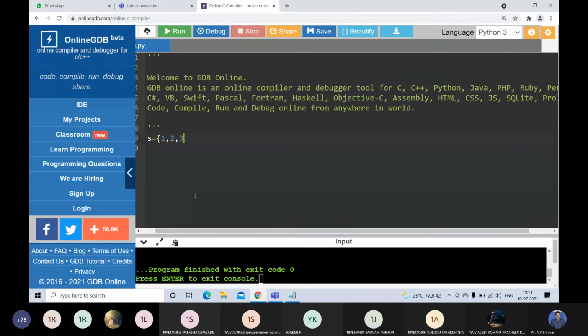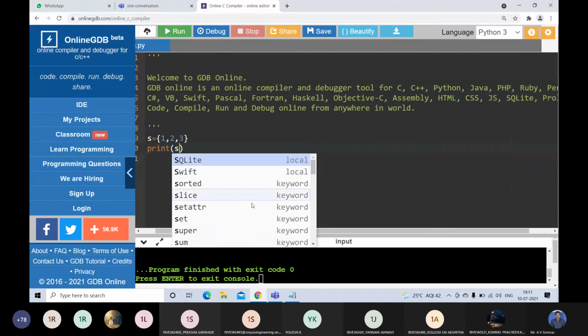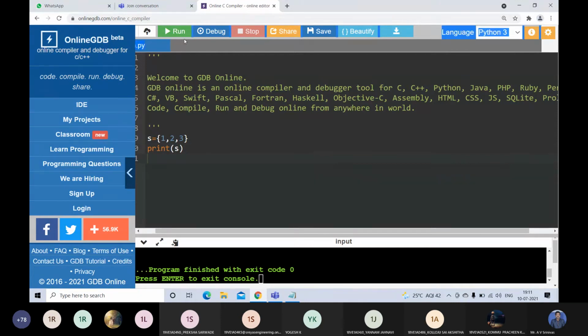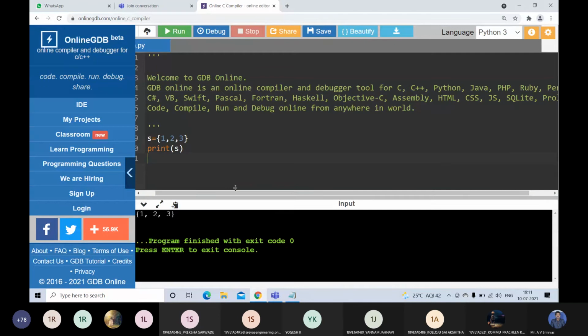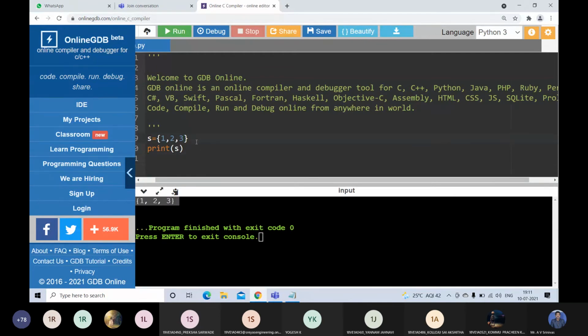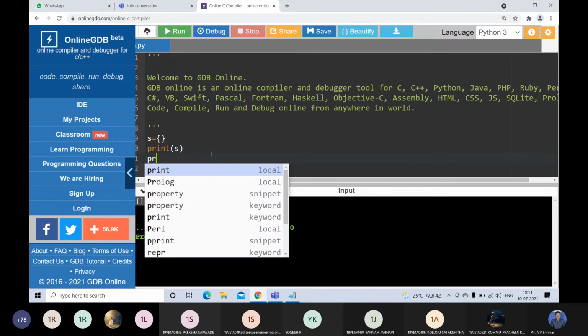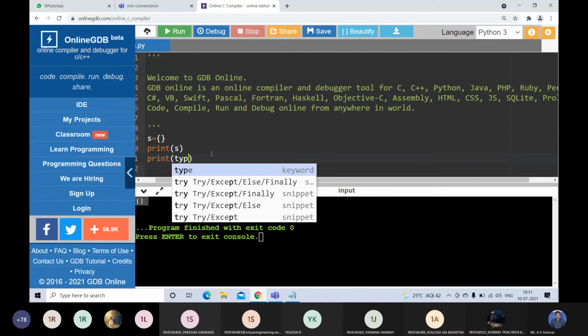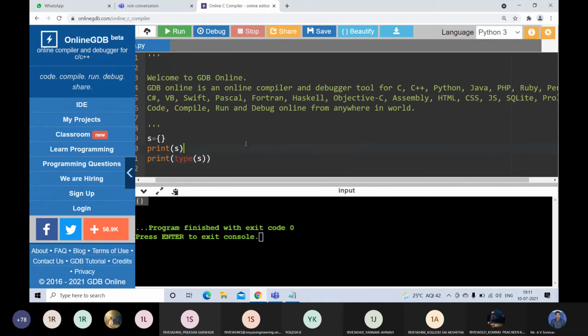I'm writing S is equal to 1, 2, 3 and print of S. It will print the set, S is 1, 2, 3, in curly brackets. Suppose I write S is equal to empty curly brackets, what does it show? Empty curly brackets. But if you check the type of S, what will display?